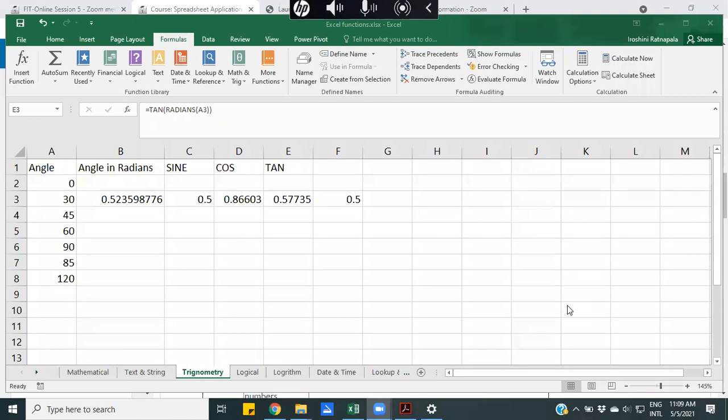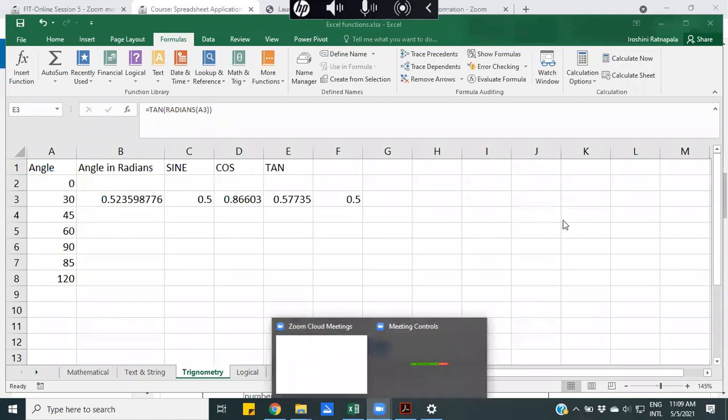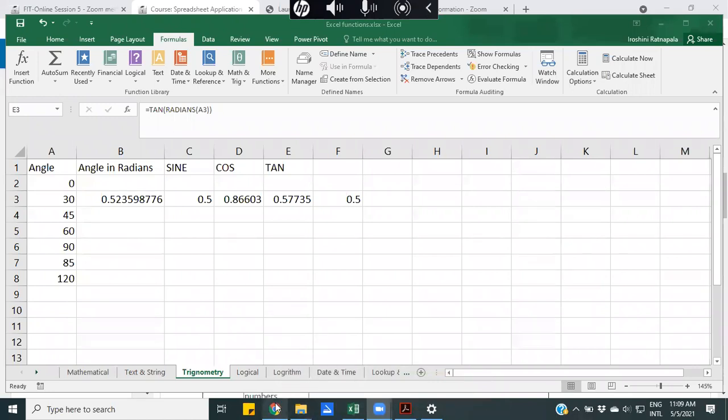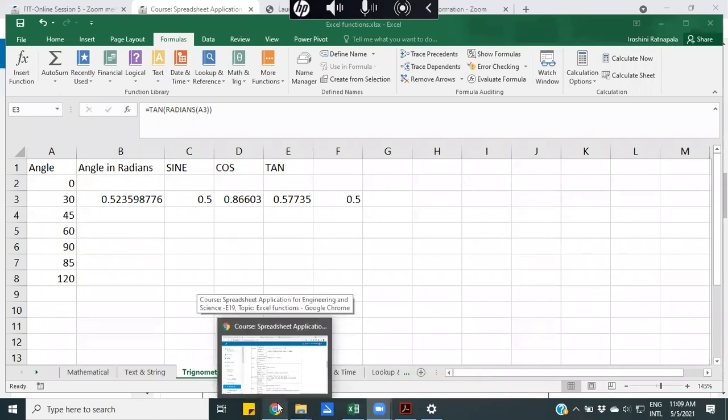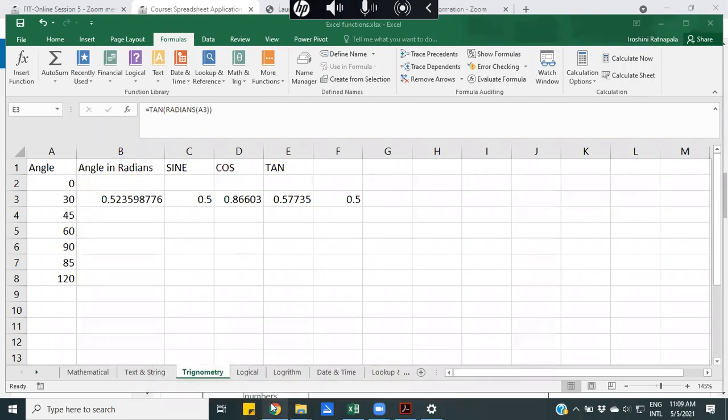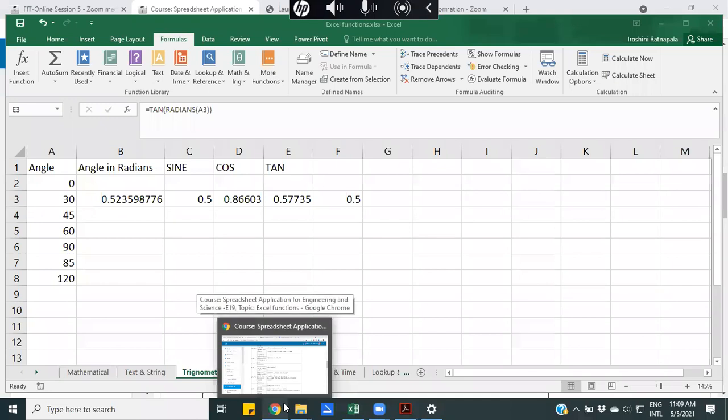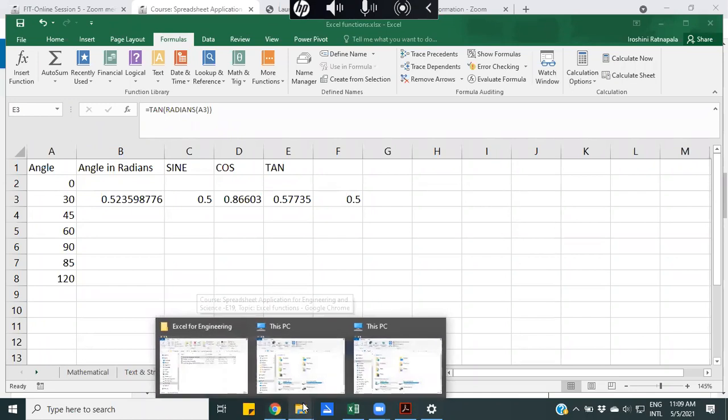Actually, the matrix is very, very important, especially in the engineering and mathematical fields, because we use the concept of matrix to solve most of the problems, most of the mathematical modeling and mathematical problems. So the matrix is very, very important. You have to understand its operations, and you can use Excel to do the matrix calculation. Before that,